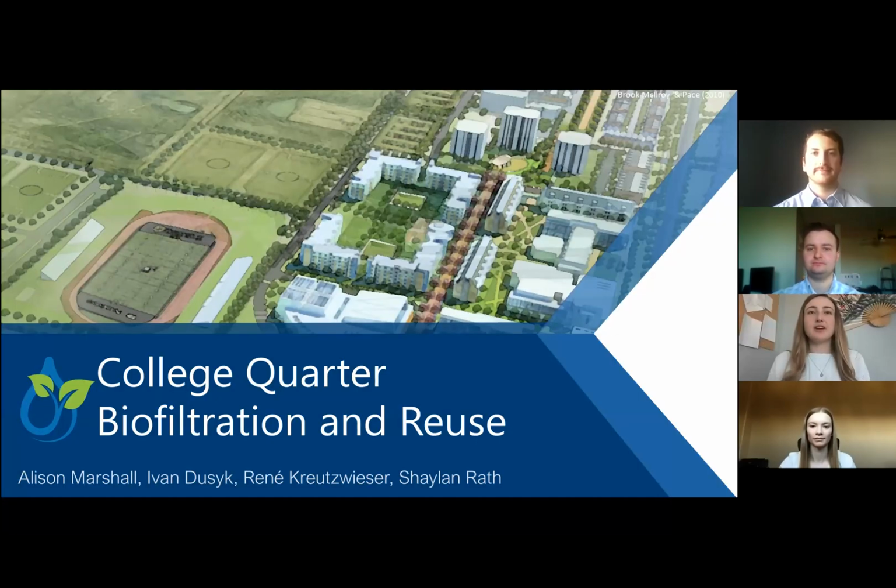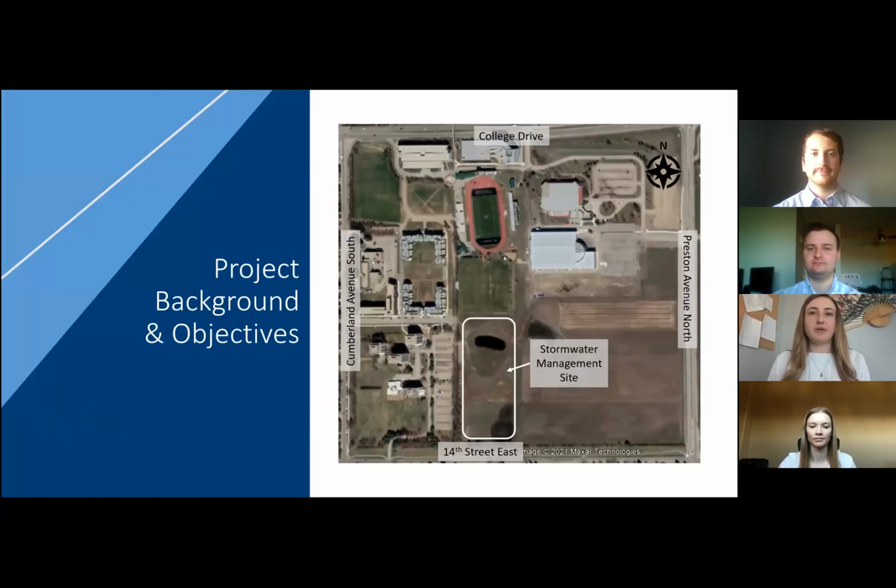Today we are presenting our College Quarter Biofiltration and Reuse Capstone project. In College Quarter, there are plans for future developments to enhance the U of S campus. Urbanization of a previously undeveloped area will increase the stormwater runoff volume. Therefore, there's a need for a stormwater management site to store and filter the excess runoff while allowing for water